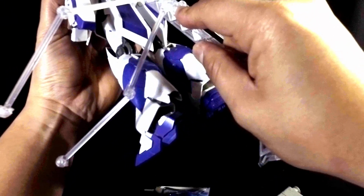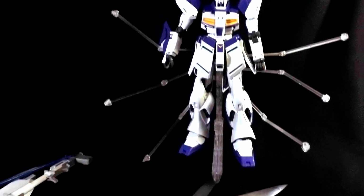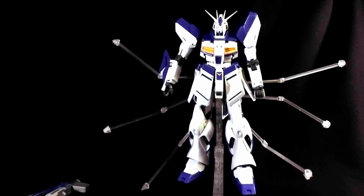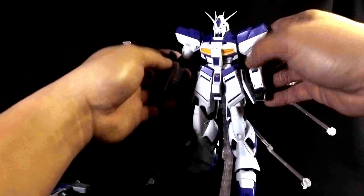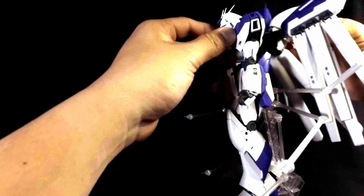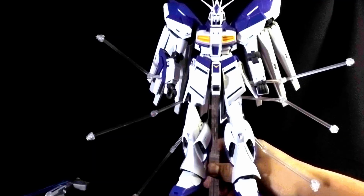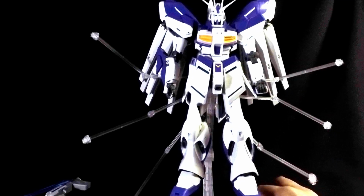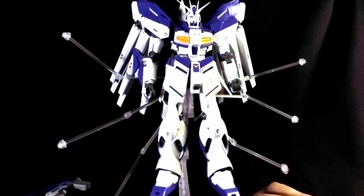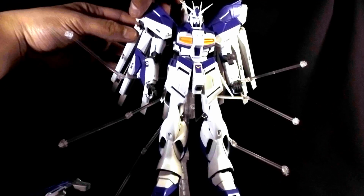it will lock in place, and it will hold the Gundam, and it will do a lot of poses, some aerial poses that you want to accomplish with this model kit. And lastly, by attaching the backpack, and hopefully nothing will fall off, and by attaching this, as you can see, the Hainu Gundam can execute the backpack, and with the help of these arms, you can attach a single,